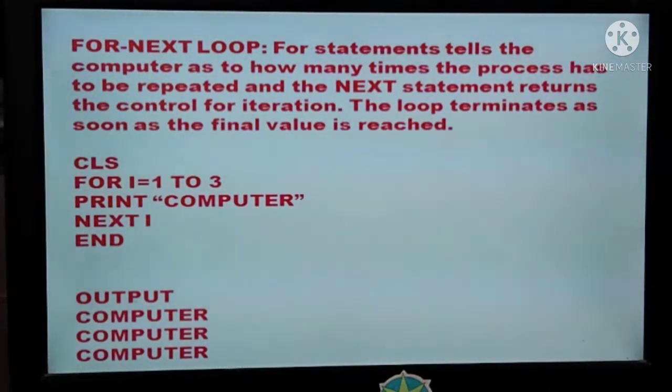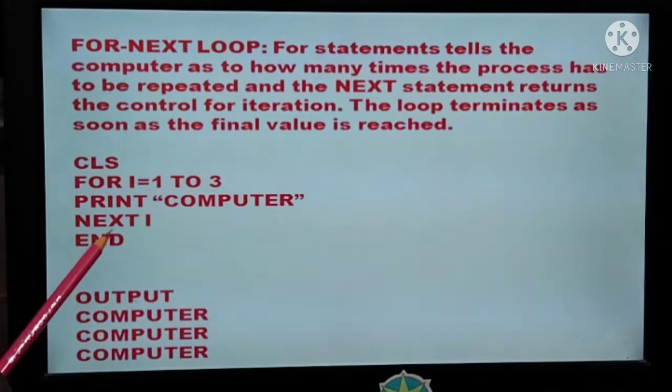And what I am doing is printing computer. Then you have to increment this loop, so that syntax is next I. I is a variable we have taken, and as usual end. So for the first time, when for I equals 1, it is printing computer. Then next I, that means I is incremented by 1, so the next time your I will be 2 and it will print computer.